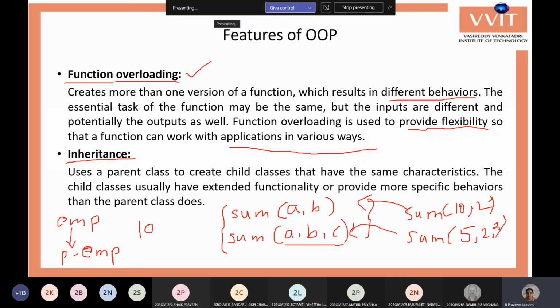So now we can call the part-time employee the child class and employee the parent class, because this part-time employee class will use all the data of the employee class, and additionally it has two other variables. So the child also uses all the